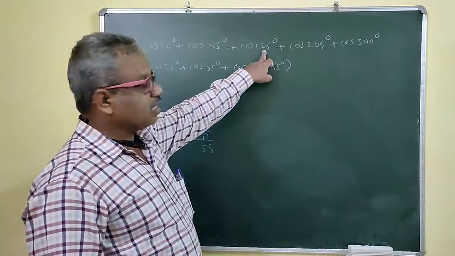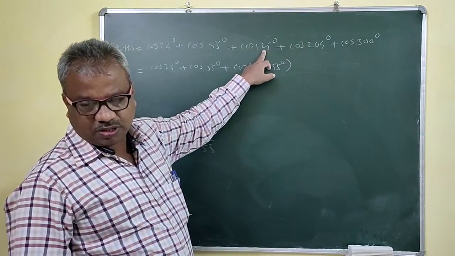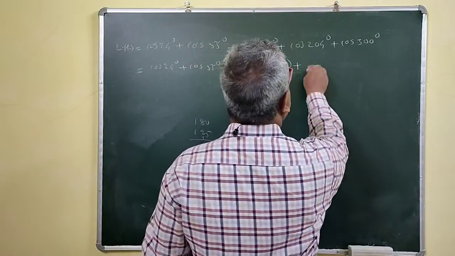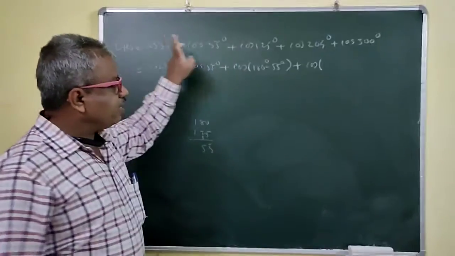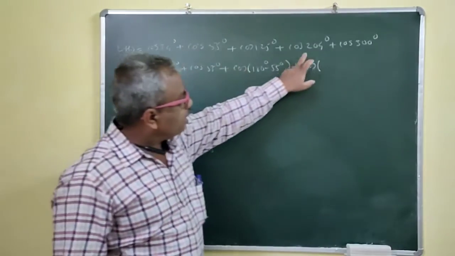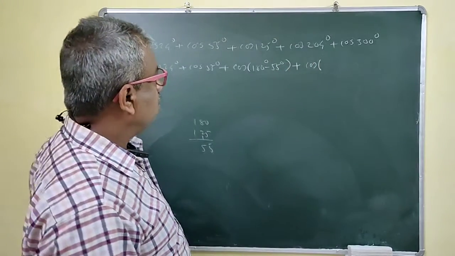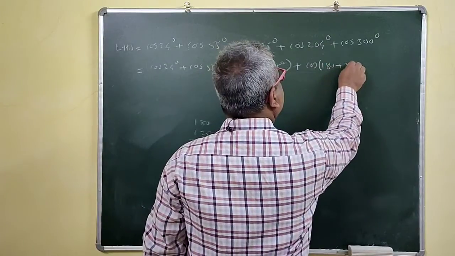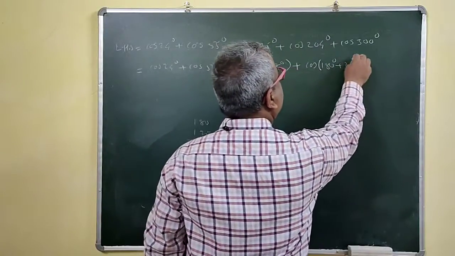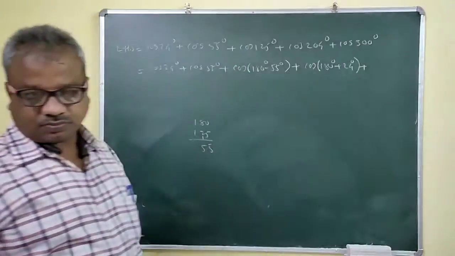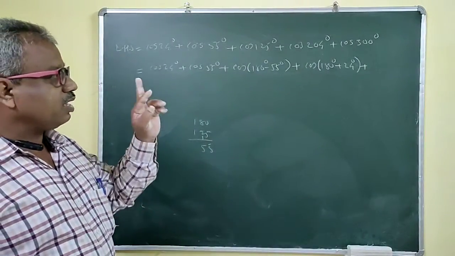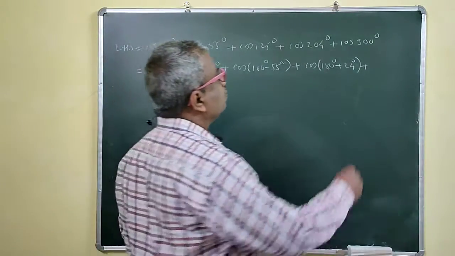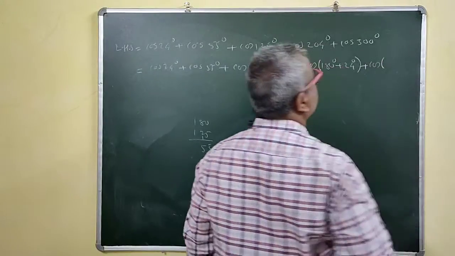This is 90 plus 35, but 90 plus 35 is not useful for us. So for cos of 204 degree, here we should get 24. So this is 180 plus 24, yes, it works. Now convert 300 degree in such a way that the value of the cos should be known. So this is cos of